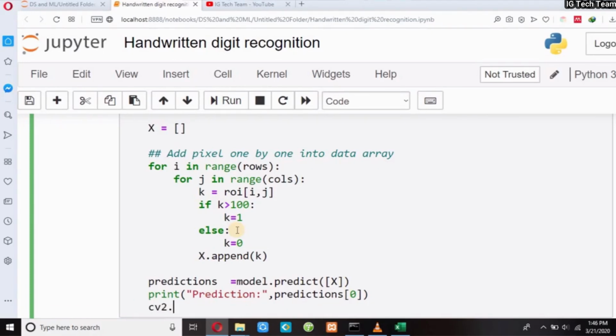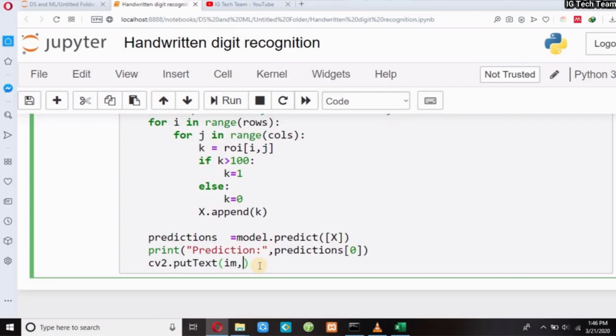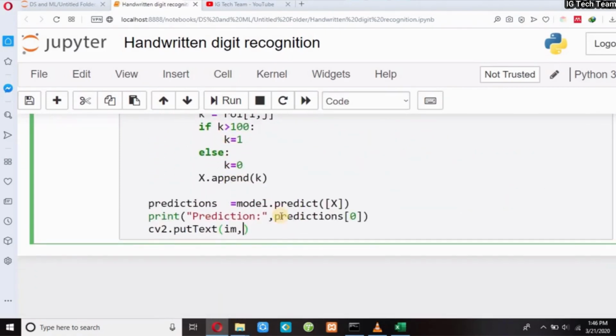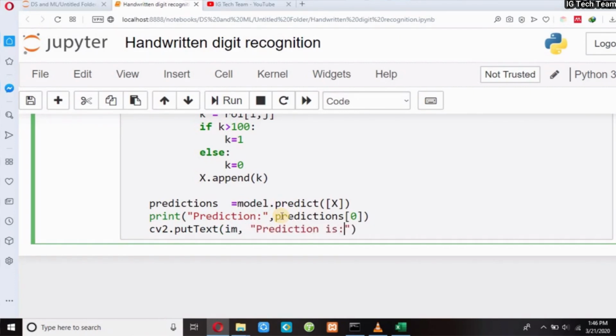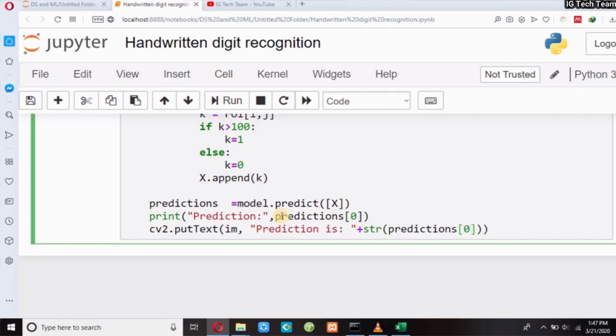So let me write cv2.putText. And inside this, I have to pass my original image, that is, don't pass the grayscale image. Now I have to write the message "Prediction is" and then str(predictions[0]). Don't worry if you didn't get it, it will be clear when I execute this code.